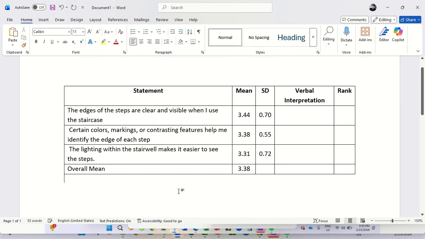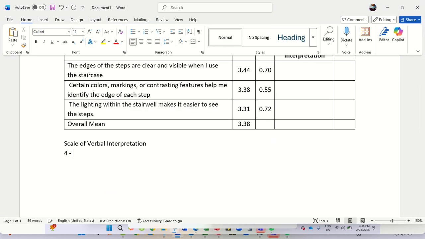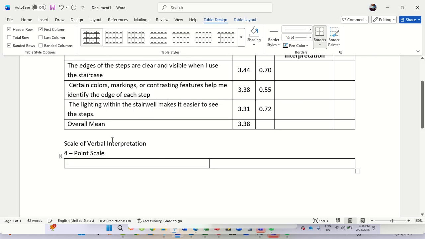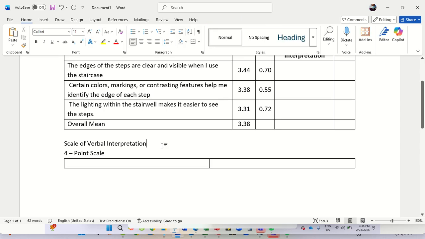So technically, I can give you now a scale of verbal interpretation. It depends upon how many scales you work out. So for example, if you're using a 4-point scale, the interpretation will lead you to this one. So I'm using now a table. But this is what we call an arbitrary scale. When you say arbitrary scale, it could be changed. So for example, you need to get now a range and then verbal interpretation.